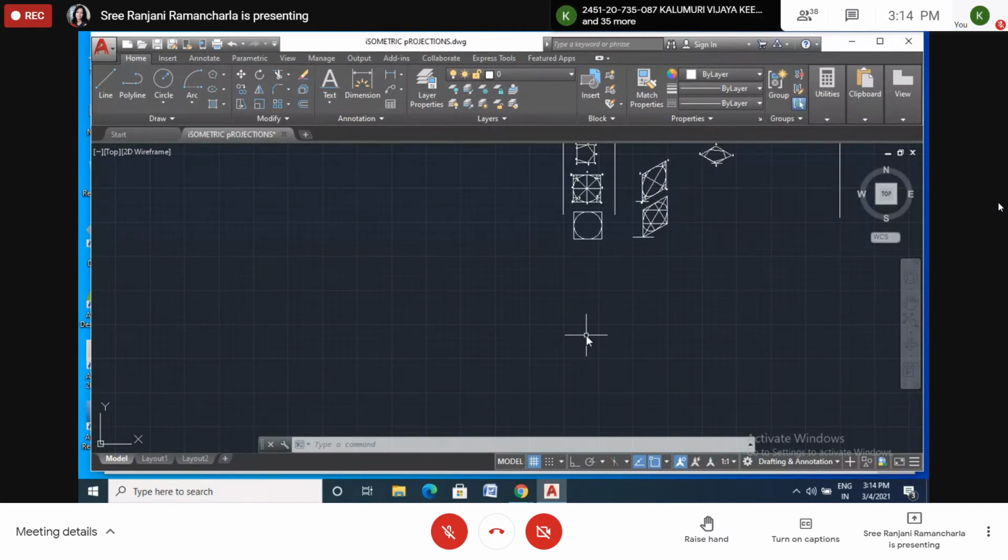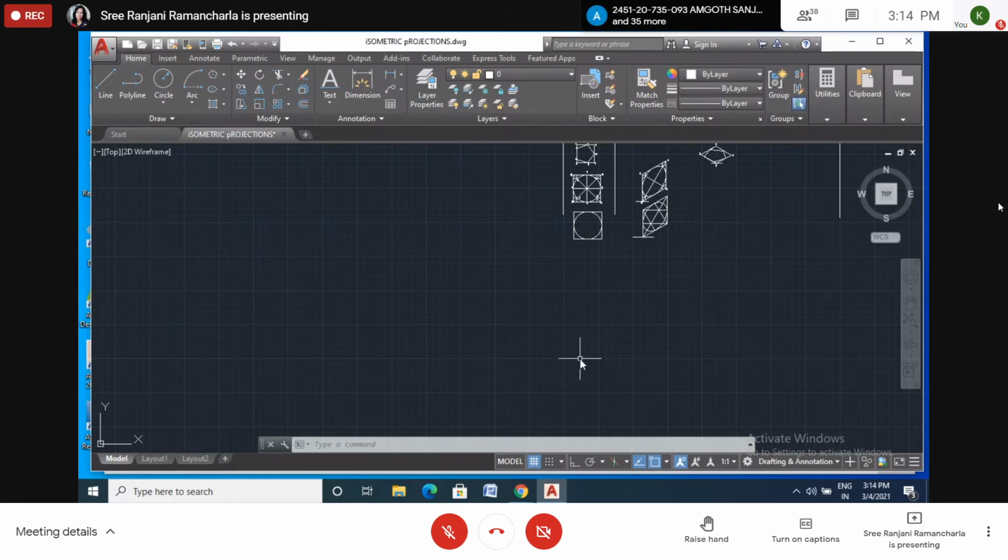Draw the isometric cube of 20 mm by 40 mm by 60 mm, three directions.